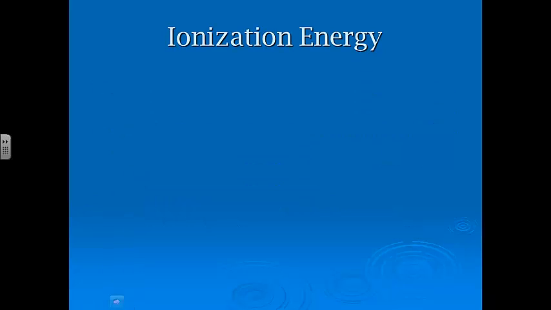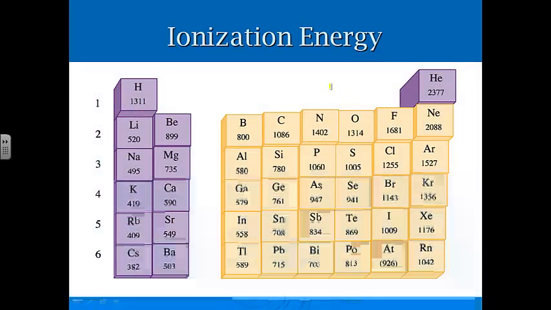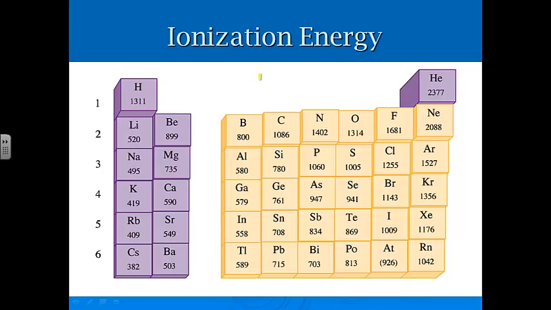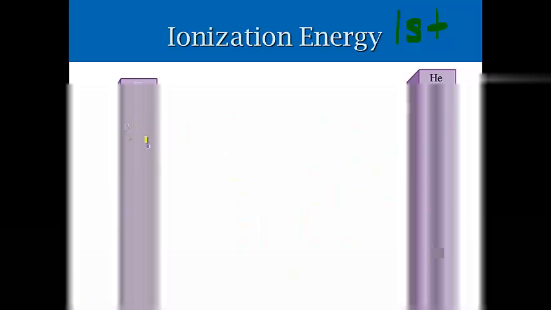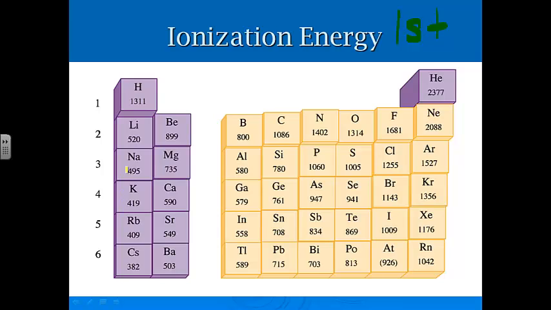Okay, now, a couple of things with ionization energy to kind of take this to the next level. This is representative of what's called the first ionization energy. And all that means is how much energy does it take to remove the first electron. Obviously, your big, major, highest values here, helium is really not going to want to give it away. Neon doesn't want to give it away either. So our highest values are over here. Our smallest values are over here. Really, lithium and sodium and potassium, they want to give their electrons away. So it's not going to take much energy. Okay, so again, these are just some numeric values. And I'll explain